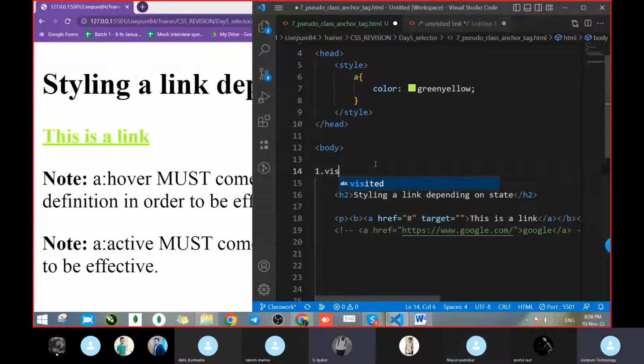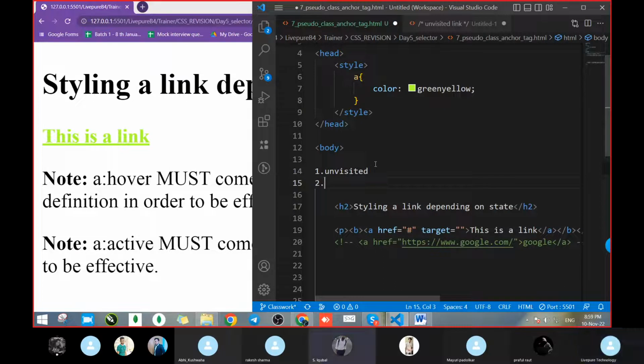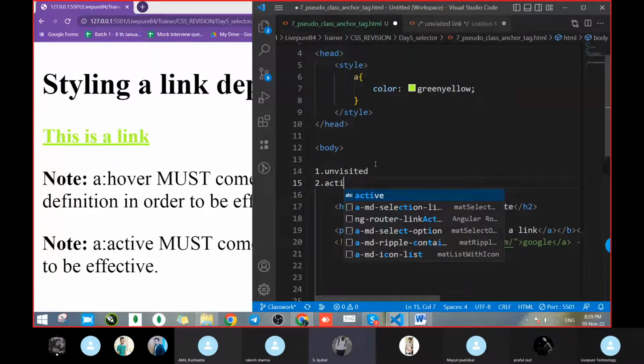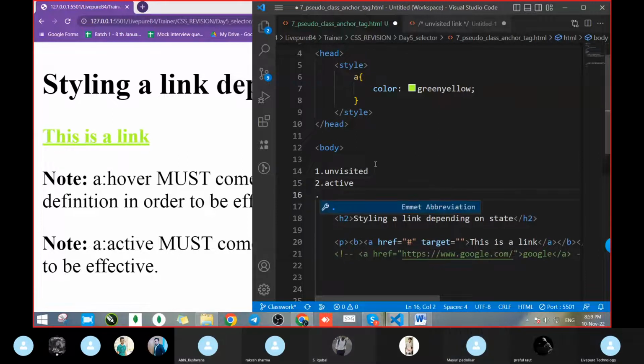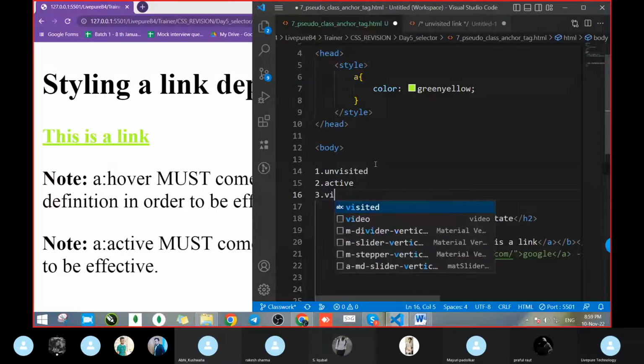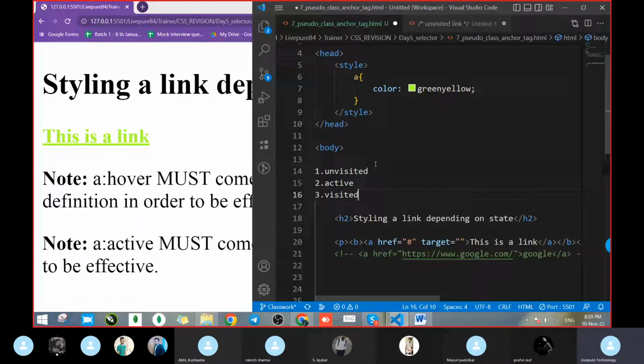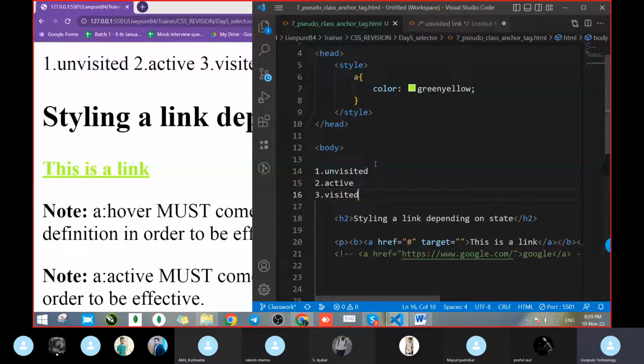First state, unvisited. After that, visited. Second step, a mouse over. Active. And visited. Third will be, sorry, visited. These are the three steps. But in this stage, we can't realize any of the states because